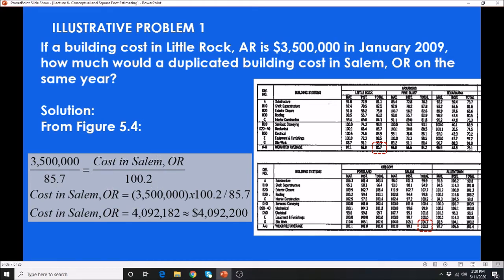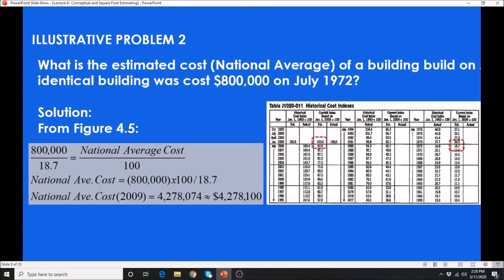If you want to convert that into a decimal, make sure that you convert both your denominator on the left and on the right. So cross multiply and divide that by 85.7, and that will give you 4,092,200. All right, so for the second problem here, we're asked to determine the estimated cost, that's the national average,